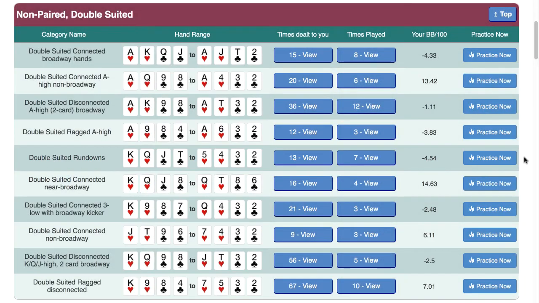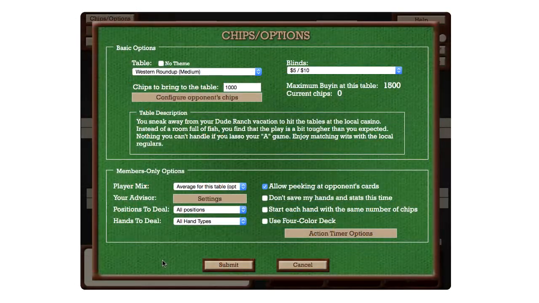Obviously, you should be able to win money in the long run with these double suited rundowns. If you're not, it probably means you're not playing them right. Maybe you're making non-nut flushes and non-nut straights and going too far with them and getting trapped with them. So one thing you could do is go back to the poker game and tell it to always deal you